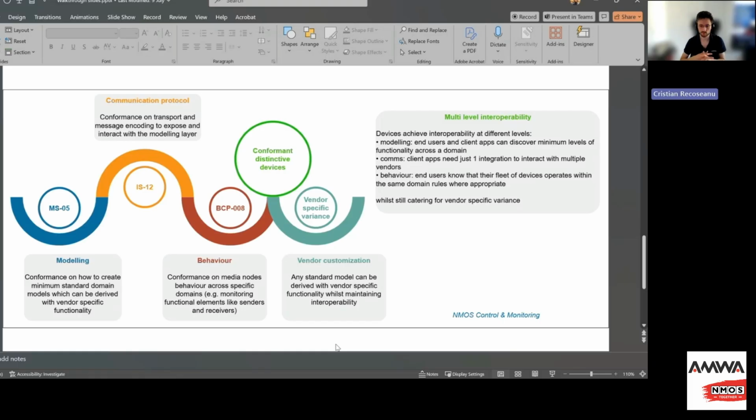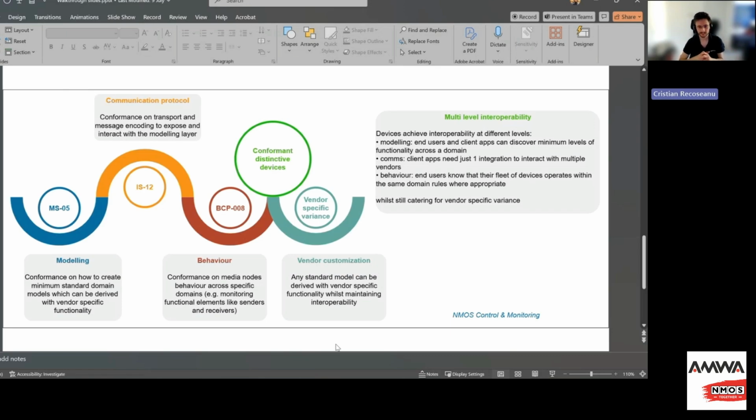Then you need a way to interact with those models, with that device structure. So you have IS-12, which is our communication protocol, and that relies on trusted web technologies. It relies on WebSocket transport, and we send JSON payloads over that. And it's bidirectional, so it allows for both control and notifications to flow backwards and forwards. And that is how you interact with those models. It's really efficient, really compact, and also straightforward to debug and to look at. And also you can create a web app entirely in the browser that can control one of those endpoints. You can use a WebSocket extension for a browser to poke around devices. So we thought about some of these